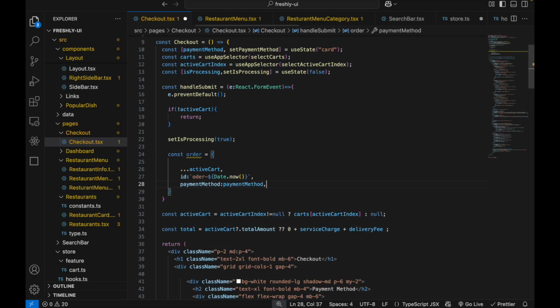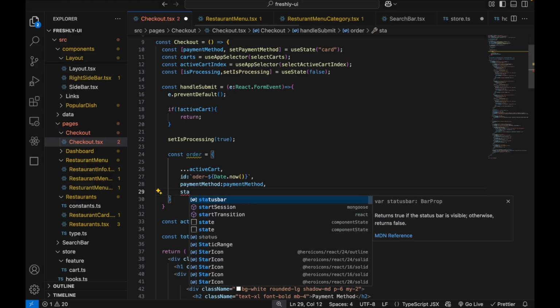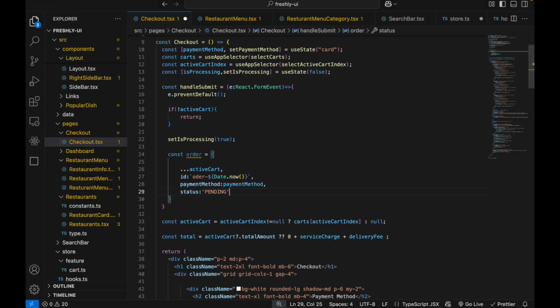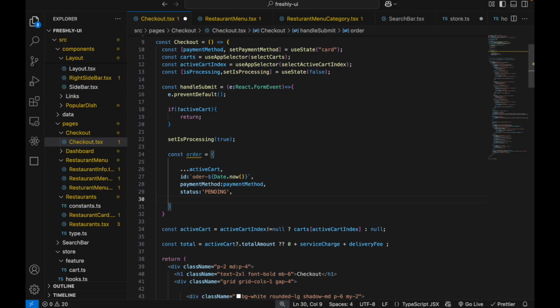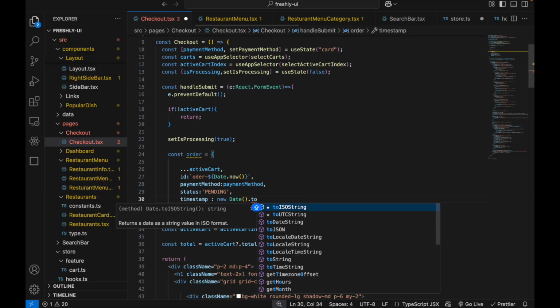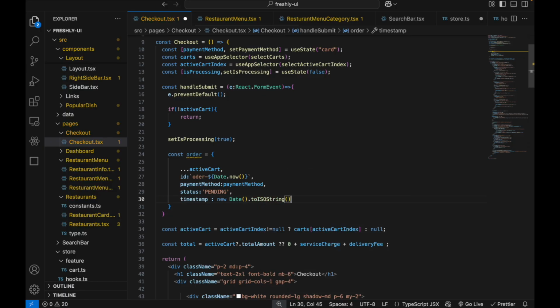Payment method, status pending, timestamp new Date dot toISOString,